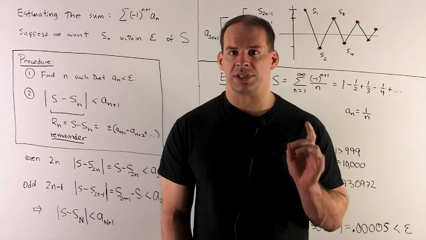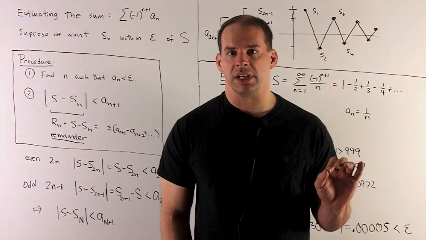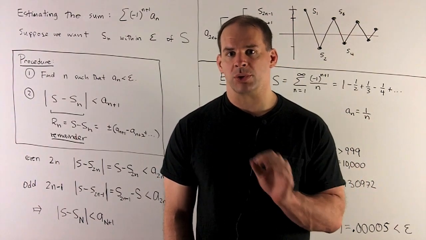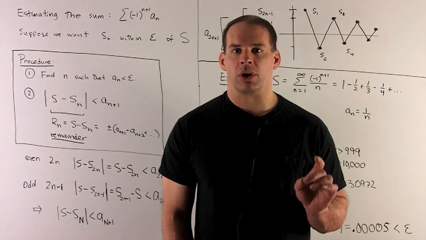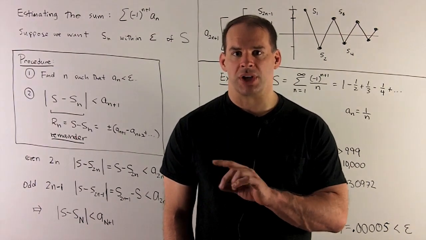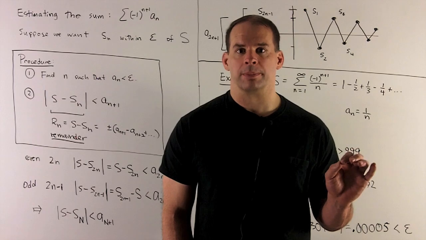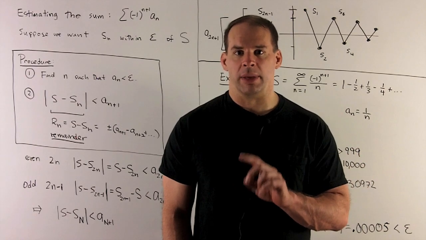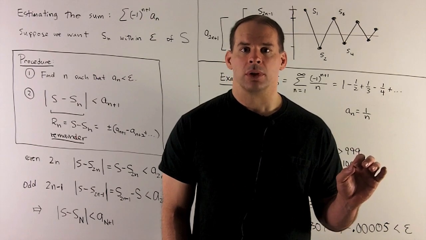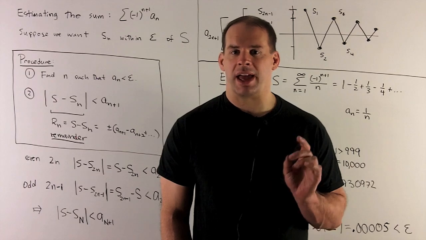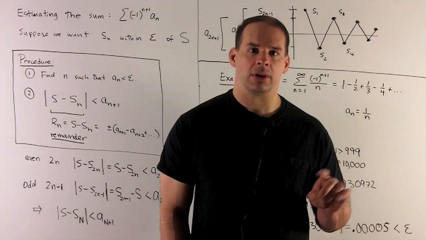Let's recall what we're trying to do with series. So we're going to start off with a sequence. We're going to form another sequence of partial sums. Then we're going to take the limit of those partial sums as n goes to infinity. If that limit goes to a number, we'll say the series converges and the series has some number,